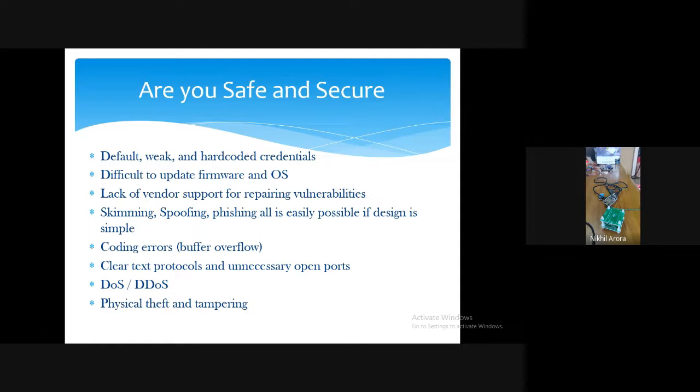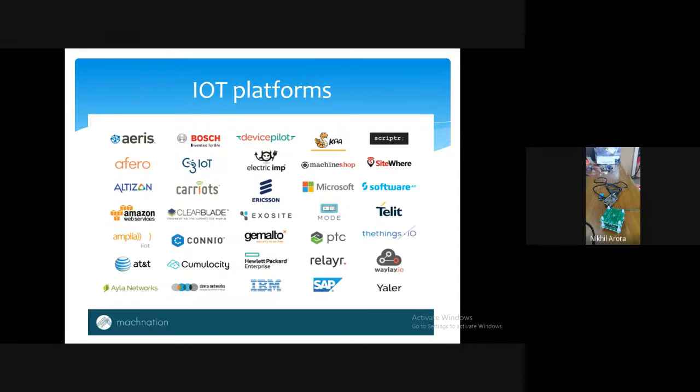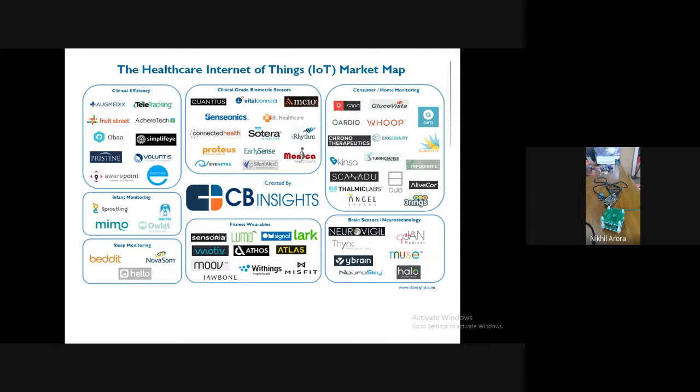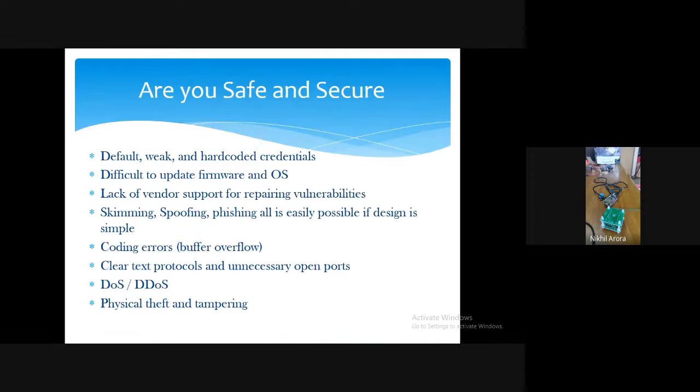Okay, and different people are making different devices. So many companies I've shown you, this many platform and this many companies. Suppose for example you have taken something from Arora, okay, and if sensor goes bad, again you have to find that company, same company only, to get it repaired. Then various type of hacking attack like spoofing, phishing are easily possible if you have a simple design. Coding error, see person like me and person like you are writing the code and nobody is verifying the code, nobody's software testing is done, then it may happen that coding error will go into the final product.